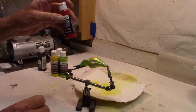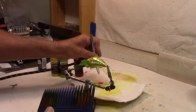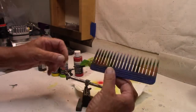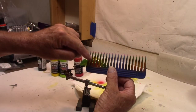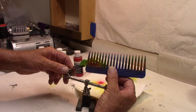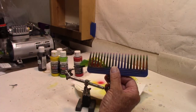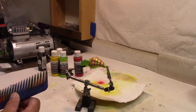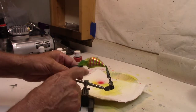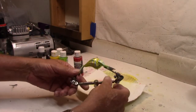So we're going to come back with the red. And here's the way we're going to do this. Let me get it ready here. All right, got that. I'm going to hold my comb up right where I had it when I did the yellow. I can see the yellow coming through. I'm now going to move the comb over one spot, cover the yellow with the comb, and hit it with a red. Now I've got my red and my yellow. Let's turn it around, hit the other side,